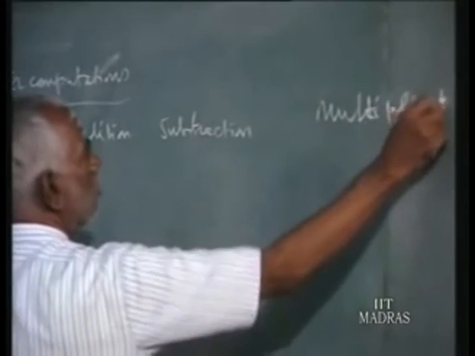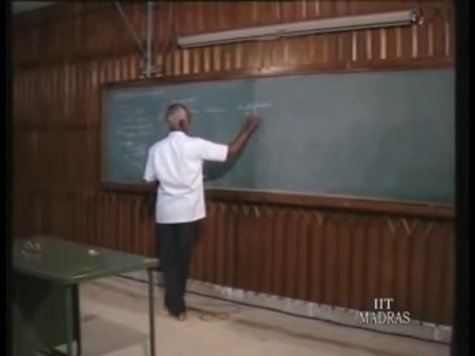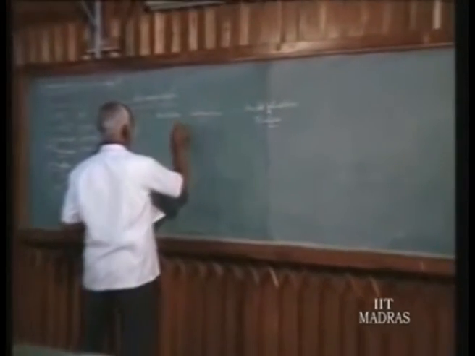Multiplication and division, there is only one rule for both of them. These are the three basic mathematical functions we have: addition, subtraction, and multiplication/division. What is the rule for rounding off for computations? First we will see the rule for addition.